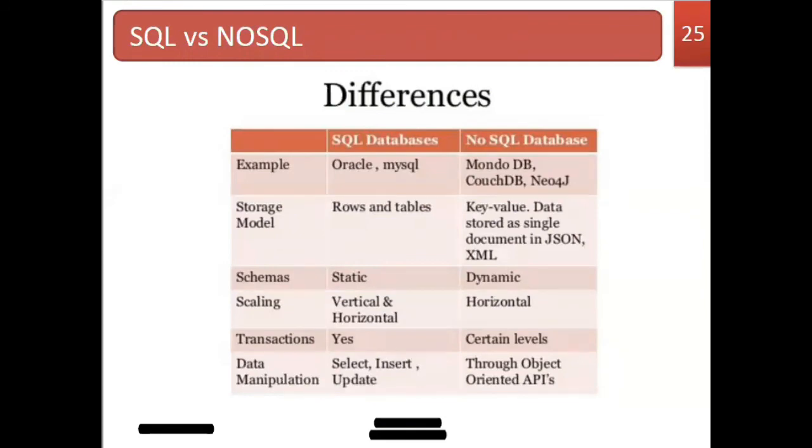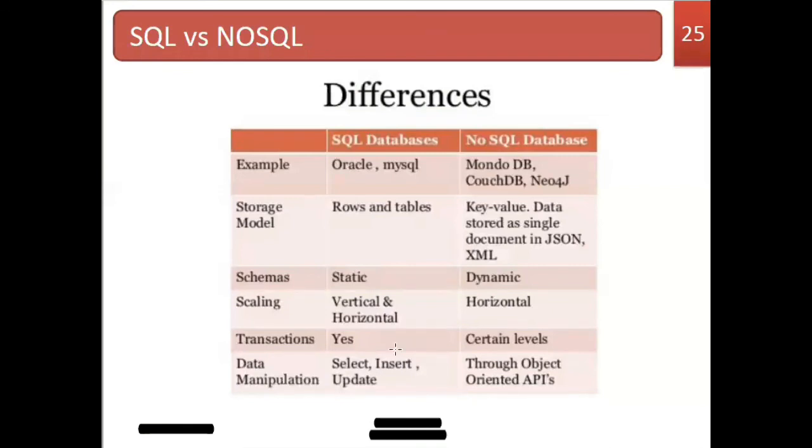And scaling: you can perform both vertical and horizontal scaling. That means you can increase the number of columns and the number of rows in the SQL databases. But in the NoSQL databases, you can go for horizontal, right? So the other meaning is you can split the table horizontally also. When you are going for distributed computing, the NoSQL databases support the horizontal way of splitting. Partitioning also we are going to talk about. That's called sharding, right?